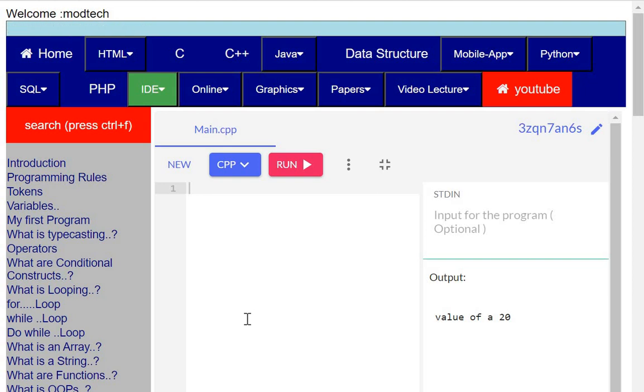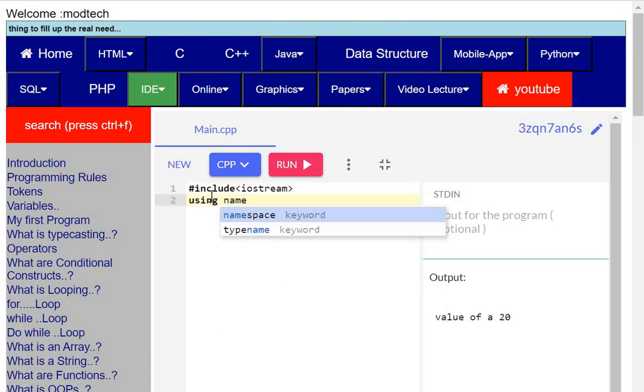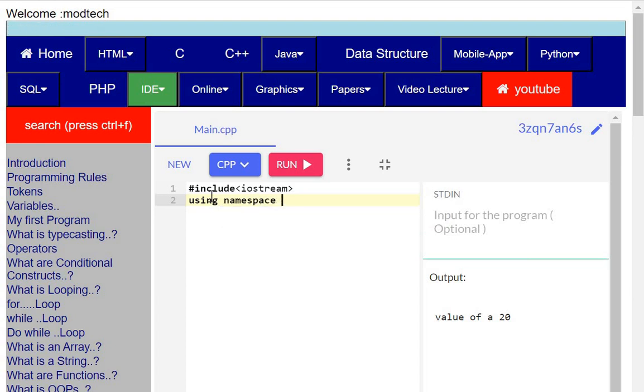So here I'll start it with hash. I'll start my program with #include <iostream>, and then using namespace std, because I am making this program in C++. So I'll start my main function,